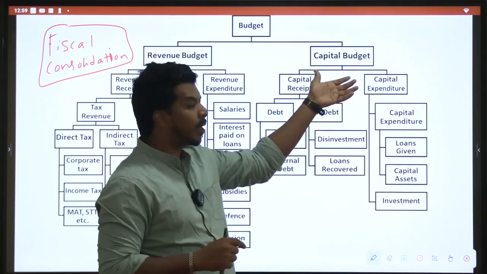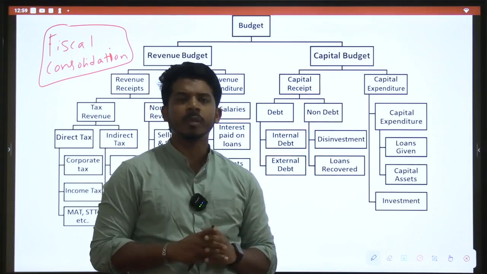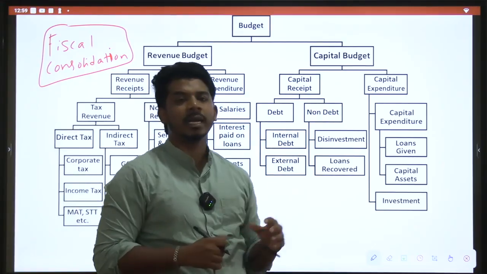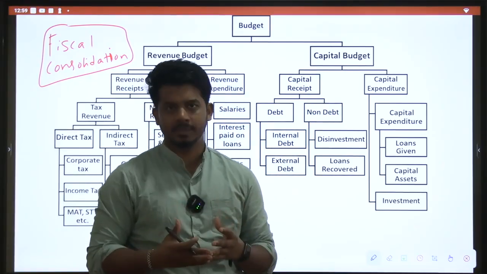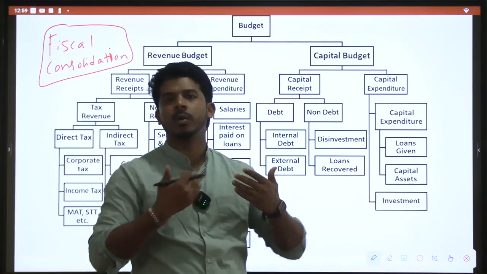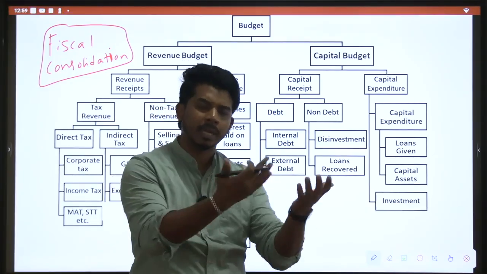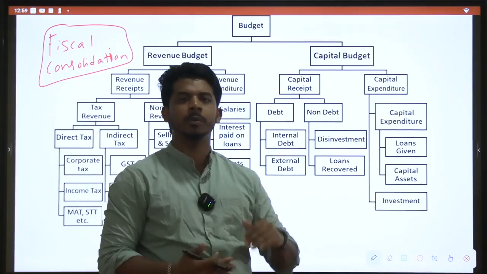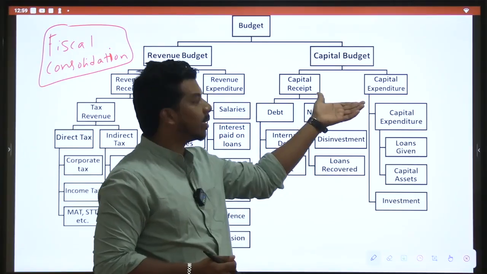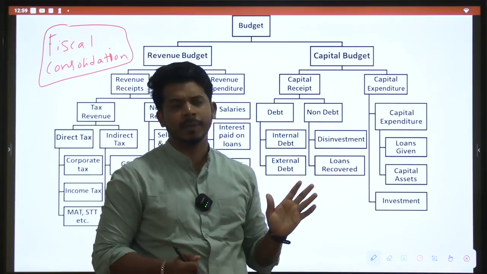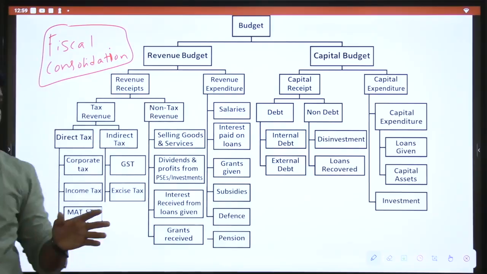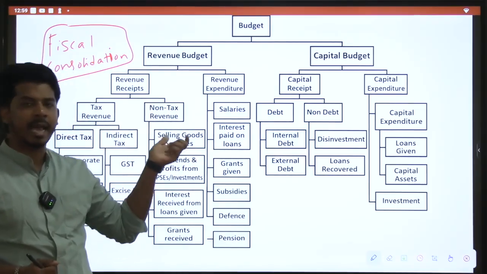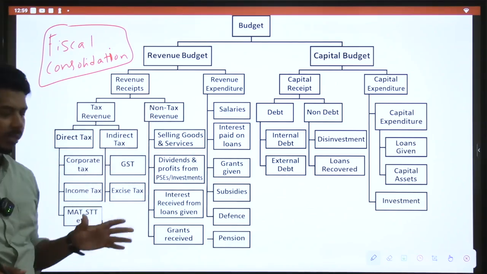Okay, so capital budget is something that involves a huge amount. It is not regular. It affects your assets and liabilities. Assets means something you are entitled to. You want something. Liabilities mean something you have to pay back. It puts a future burden on you. So something that affects your assets and liabilities is the capital budget. Those transactions which do not affect your assets or liabilities and happen at regular intervals are part of revenue budget.